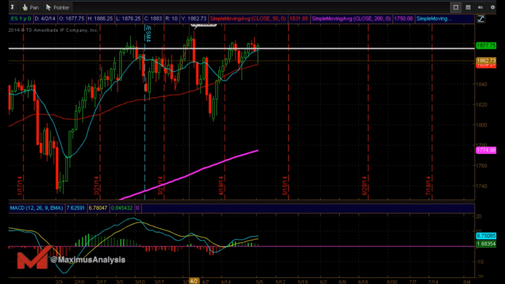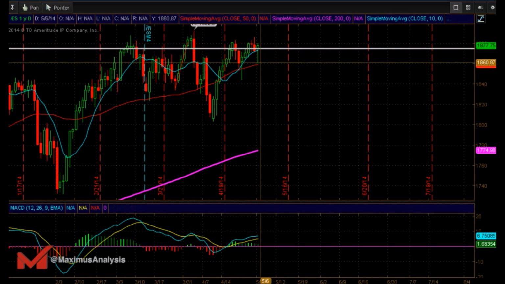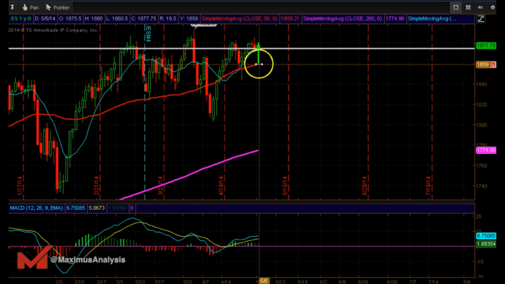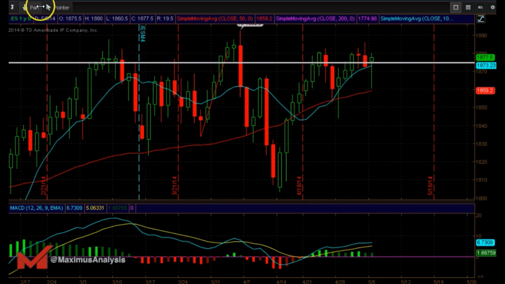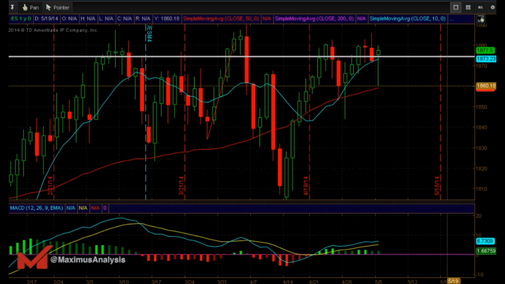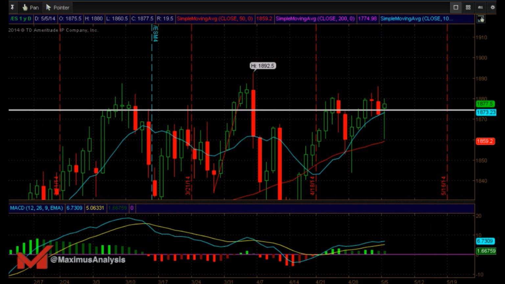All right, showing the futures action, we see that we have basically a really down push in the morning. Tested the 50, now above the 10, bullish MACD for that area, and we can see that the next thing to test is that 189, 190 area.